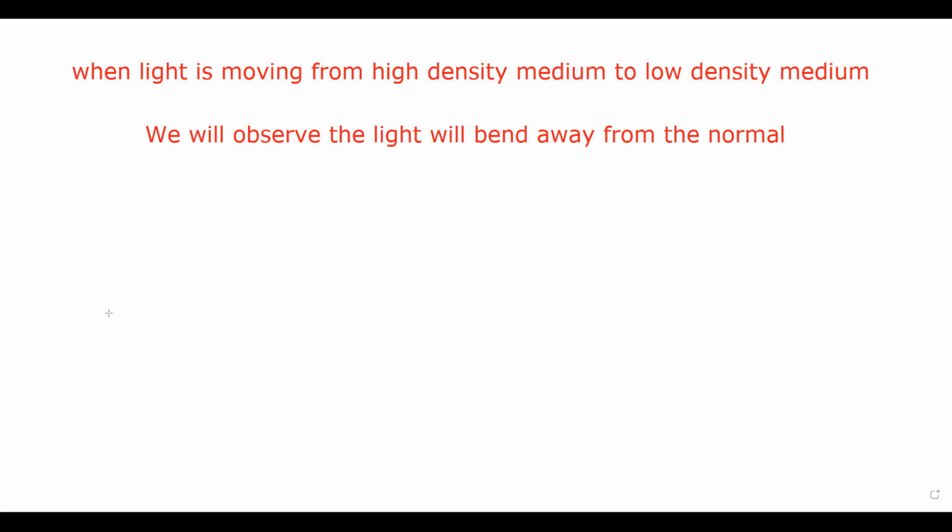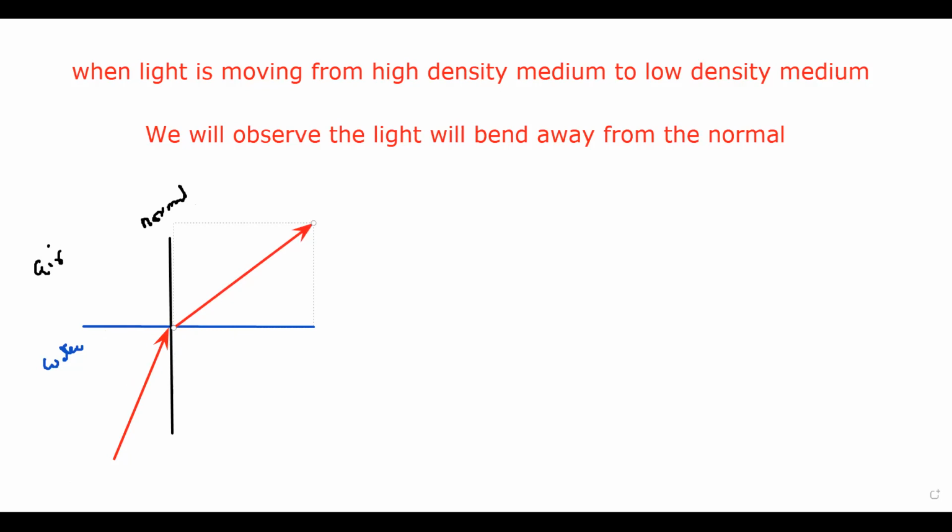So for example, this is a surface, light is there inside water, and it is traveling in air. It travels from water to air. As this light is traveling from water to air, the light is moving in water. In water, the light is moving slower, but when it travels in air, it will move faster. This is an imaginary line. This imaginary line is known as the normal. So when the light moves from water to air, what will we observe? We'll observe the light will bend away from the